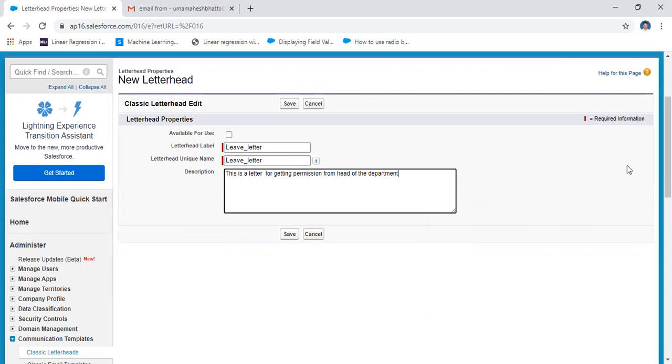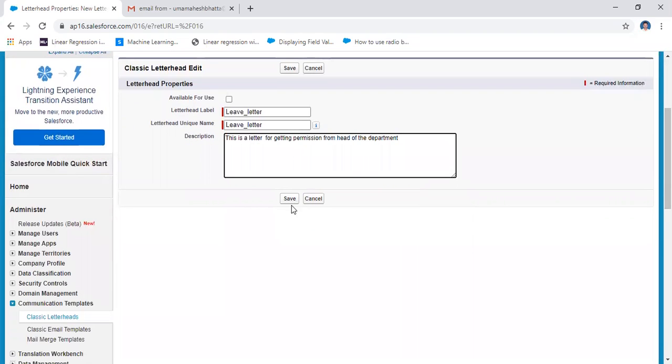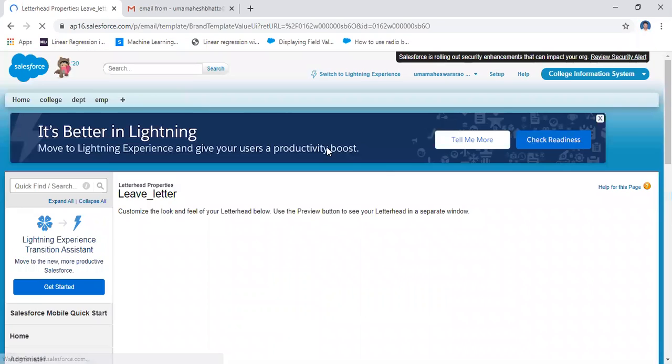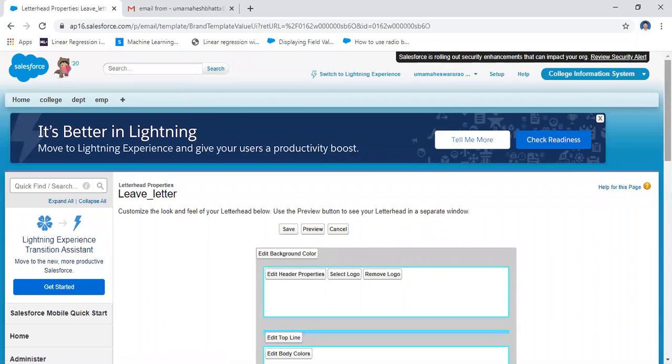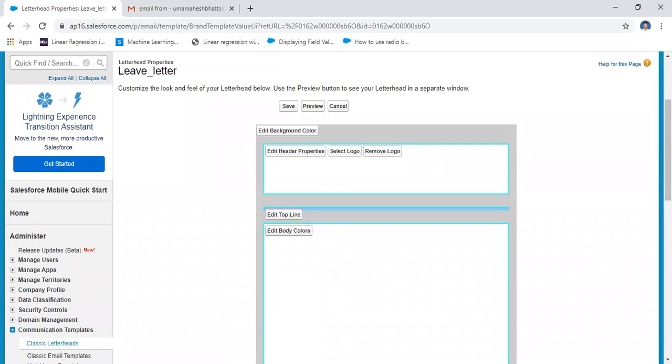That is the description. This is the letterhead information, and then save it and make it available to use.